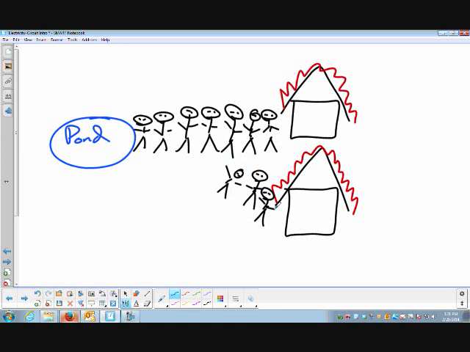Okay, so what I attempted to show here were two houses, this time not side by side, but let's say they're across the street from each other. The pond is down the road. The pond is just as far from one house as it is from the other house. And so the first person here has a bucket, and we fill up our bucket with water, and he passes it down,